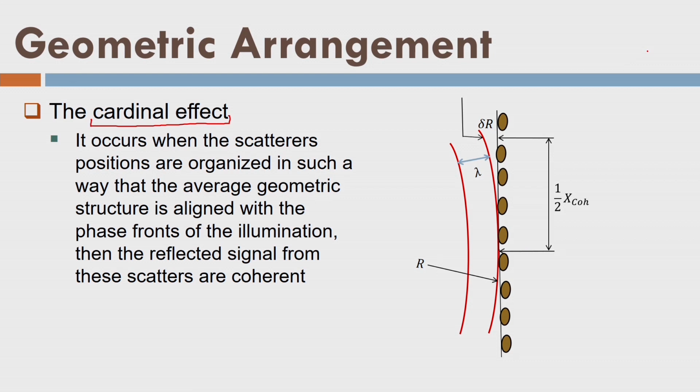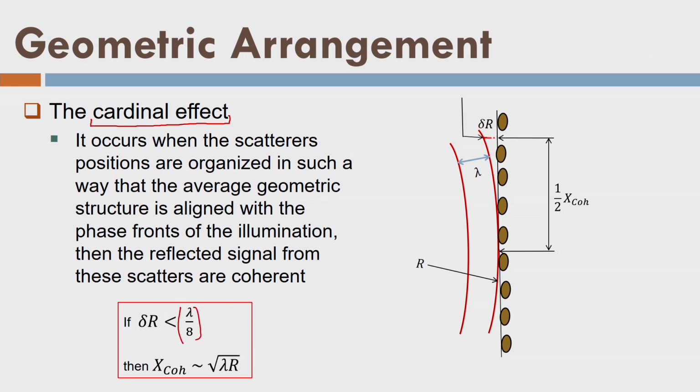This is a surface which is quite horizontal, and it is another position I am defining. So, this is the wavefront, which is a curvilinear surface here. That is the difference between the wavefront and the surface. If that difference is less than a certain threshold, I will say that the surface is behaving like a smooth surface, and this effect is called the cardinal effect. If delta r is less than lambda by 8, as shown here, this is delta r, this distance. Similarly, this distance on this side will be delta r.